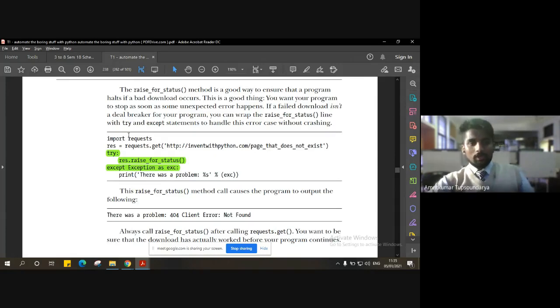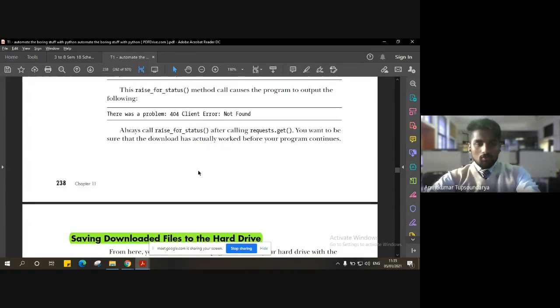Other things remain the same. We simply put the raise_for_status method in the try clause. If there is an error, the exception gets executed, saying there was a problem with so and so string. That is how we can identify whether there is any error, and if so, where exactly it is.